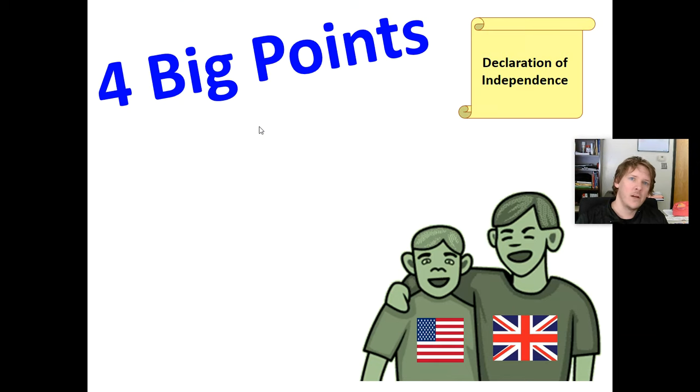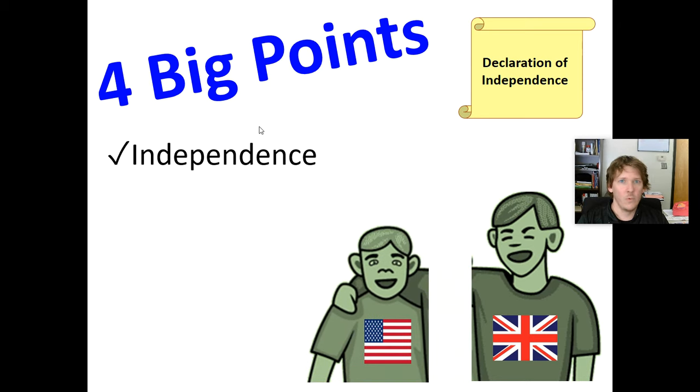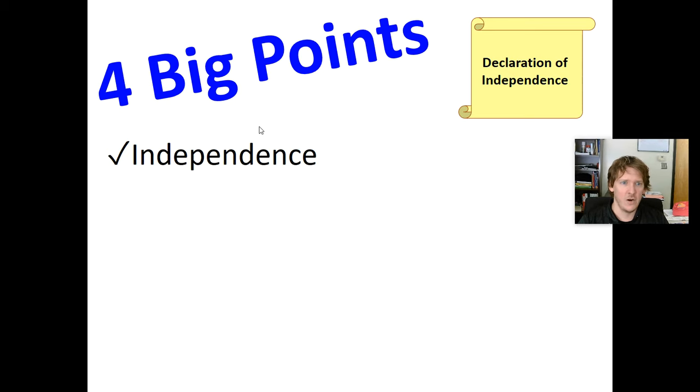All right, I'm not going to read the whole Declaration of Independence to you. It's not really that long. It's not that difficult to understand, but being a nice guy, I'm going to break it down into 4 really easy to digest points. The first major point of this document is that it declares our independence from England. It says we're done. We're breaking up. A lot of times you'll have an American history teacher that will make an analogy of the Declaration of Independence to a breakup letter. So we are breaking up from the king. We're starting our own country.